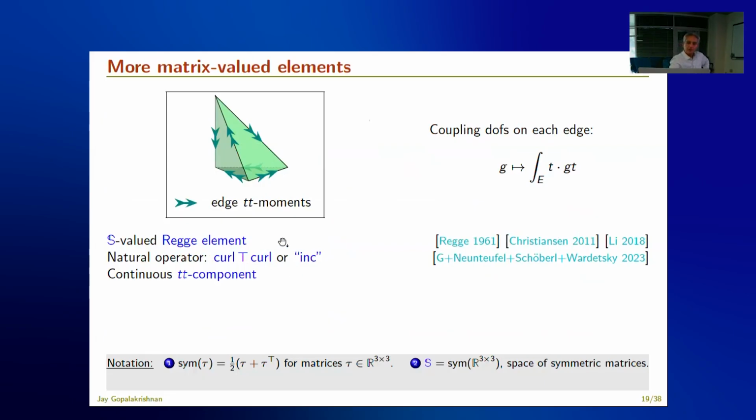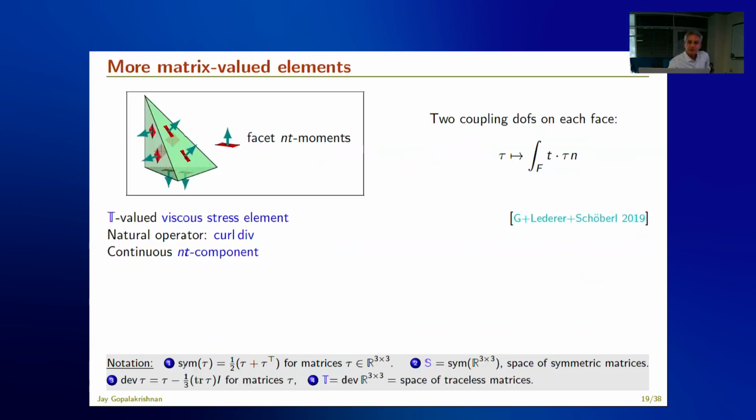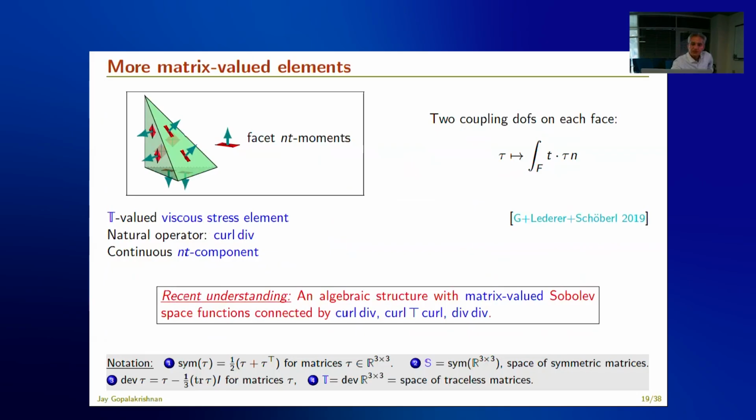Regge was a physicist who wrote an influential paper on relativity, and this element is named after him. Although you won't find any finite element in Regge's paper, this element is named after Tullio Regge. So this is another interesting matrix valued element. And of course, this is the element that we have just seen. This is the traceless viscous stress element with NT continuity. So there are these